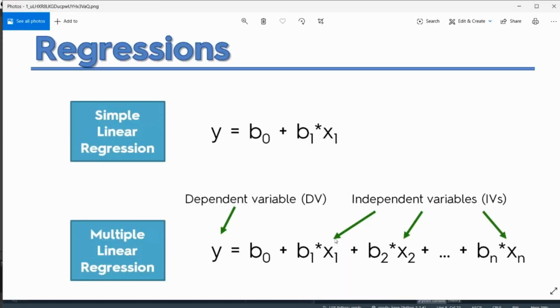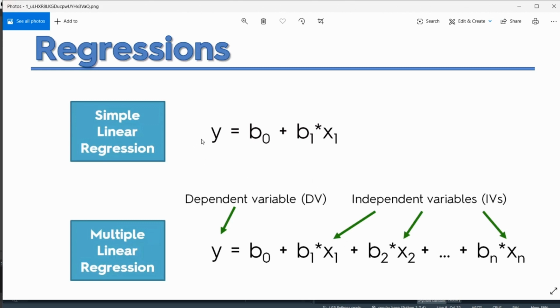Now, you may know that in simple linear regression, only one independent variable is available, and the dependent variable depends on it. Now, in multiple linear regression, there are multiple independent variables available to us, and we are going to make a model that's going to predict the value of the dependent variable on the basis of the independent variables. Now, they can be more than one, like 2, 3, 4, 5, or anything.